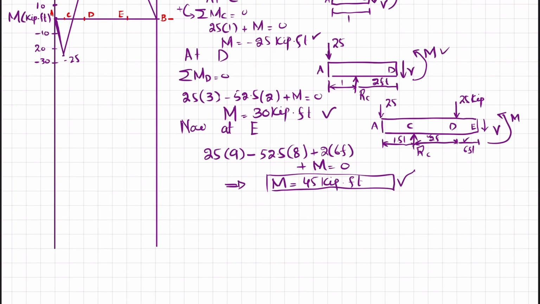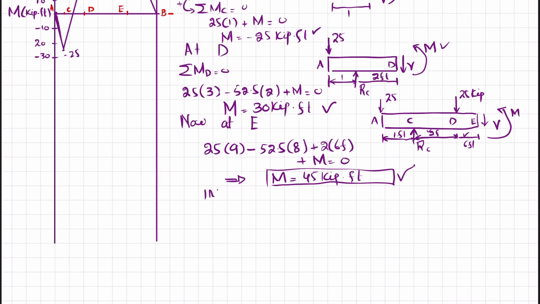So I will write it: maximum bending moment is equal to 45 kips into feet, and in inch it will be equal to 45 multiplied by 12. 1 feet is equal to 12 inch, so it will be equal to 540